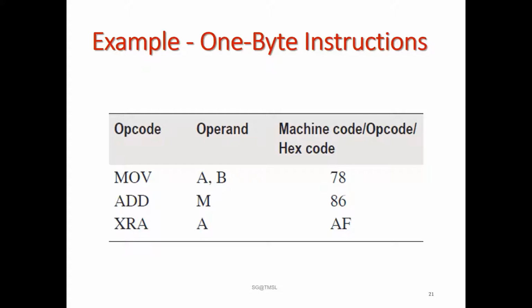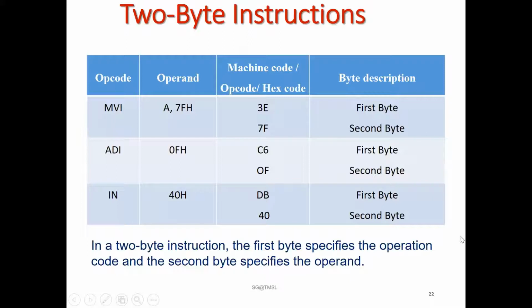Okay, so move on to the next slide, which is for 2 byte instruction. 2 byte instruction means instructions that require 2 bytes in machine codes and 2 consecutive memory locations to store. These are called 2 byte instructions. Am I audible? Okay, so instructions that require 2 consecutive memory locations to store the complete instruction.